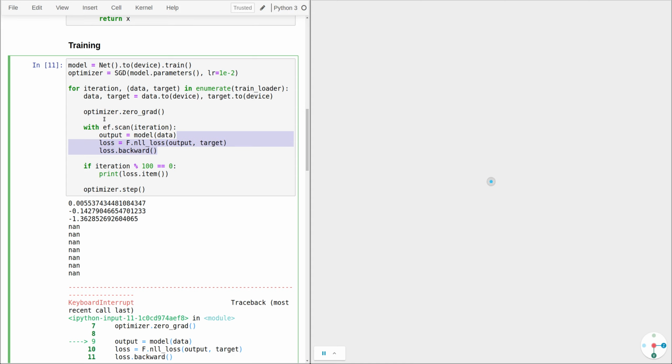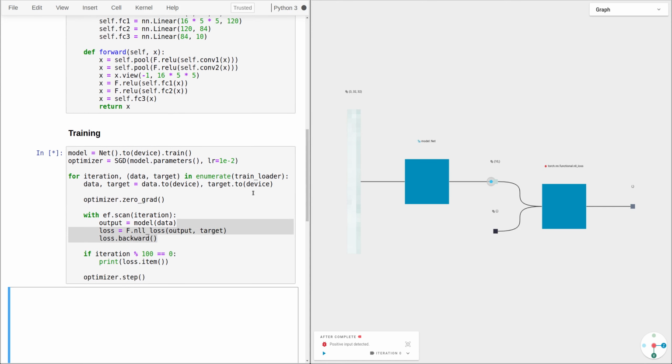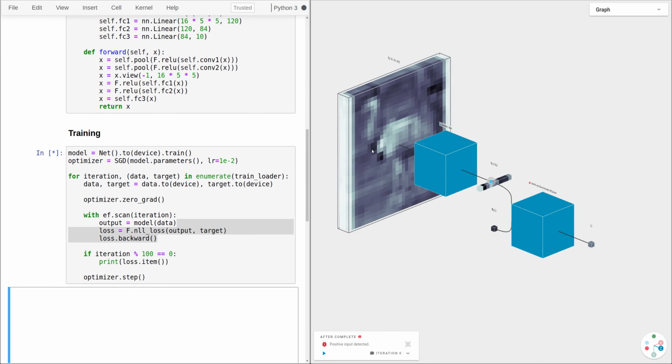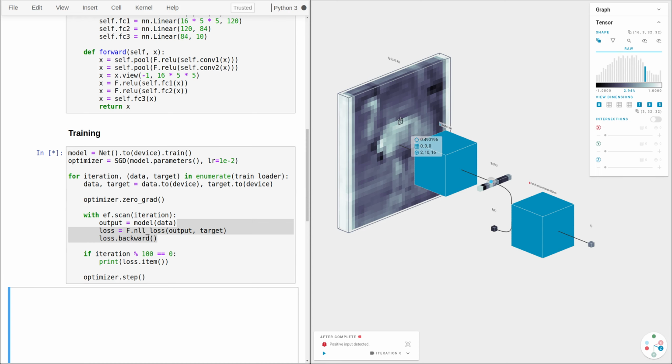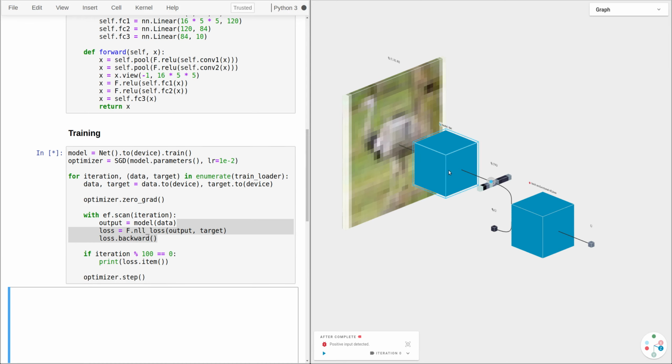Now, having done this change, I'm going to run the code again, and on the right you see the full computational graph constructed by your model, visualized in 3D. Every single grayish box corresponds to some data. In this case, the big gray box here is our input image, and we can tell Efemarai to visualize it as such. Every blue box corresponds to a function, and as you know, functions can call other functions within,